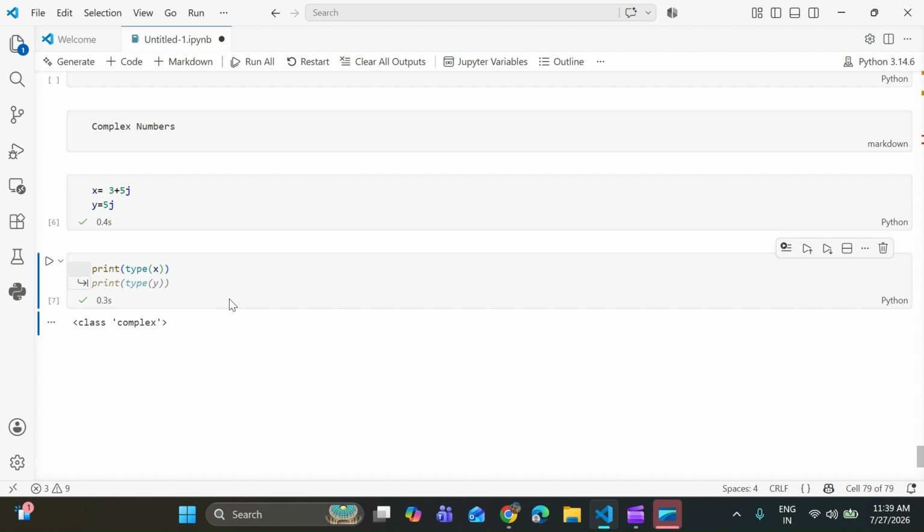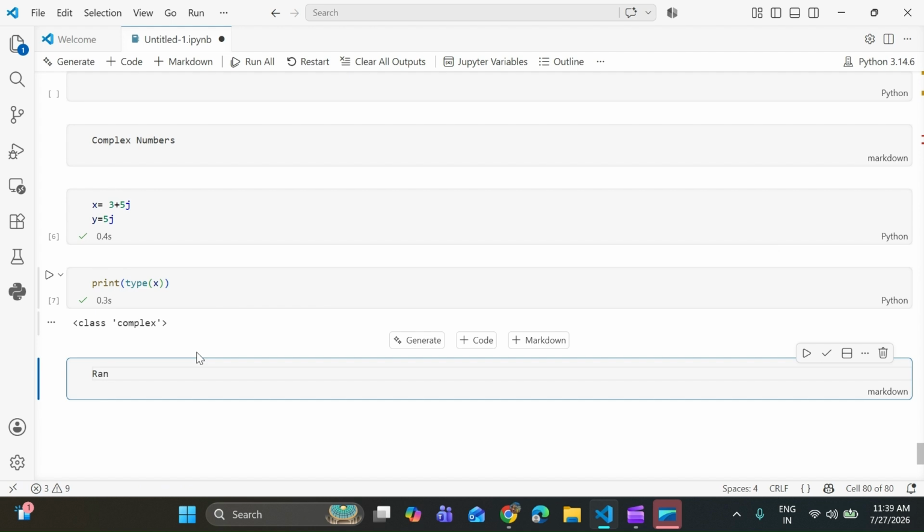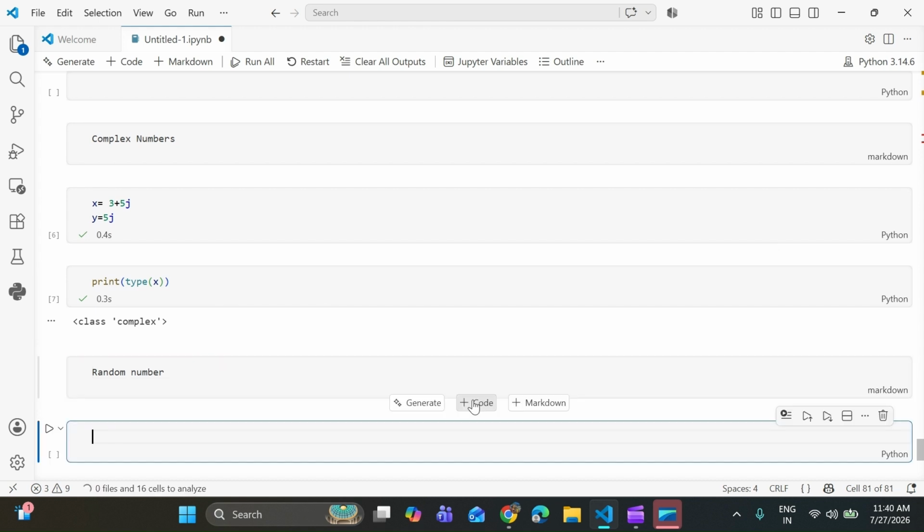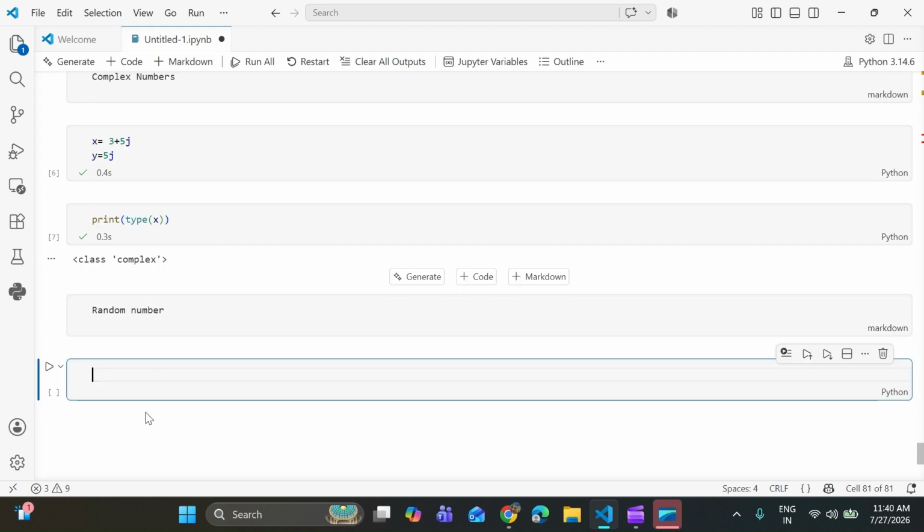So one more is random number. Let's talk about random numbers. Python also provides a built-in module called random. So for this, we first import the module. Import random. We need to first import the module to generate the random number.